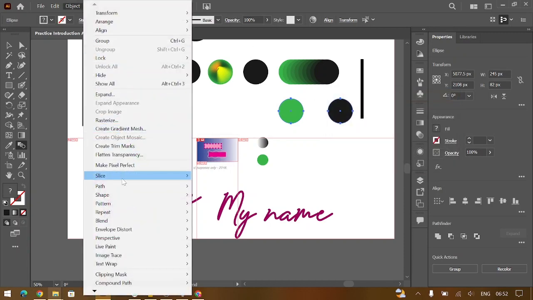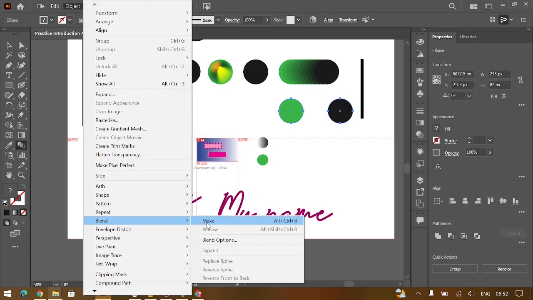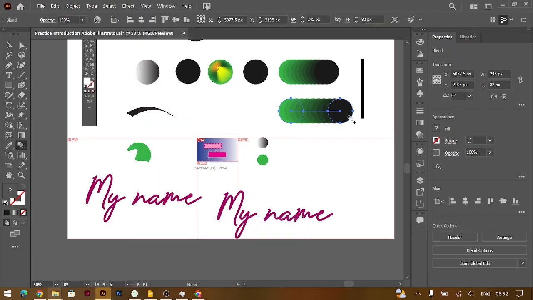And go to object, go to blend, and you go to make. Now you see it created multiple objects moving from one to the other. If the objects are different shapes, it will also move from the shape and the property of the object to the next object, creating a blend between them. So that's how it can actually work. And you can use it to create multiple color palettes when you're working on branding or on anything that is